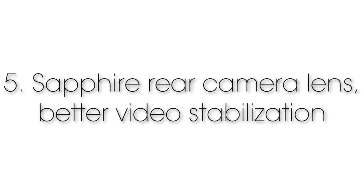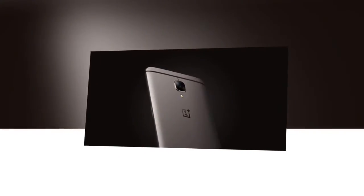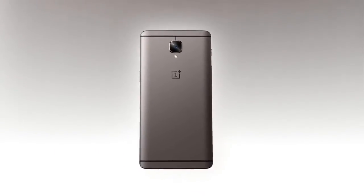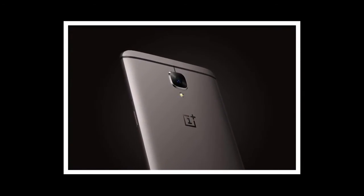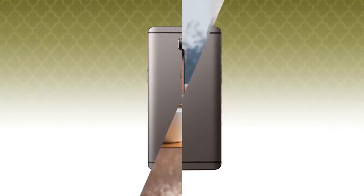Number 5, Sapphire rear camera lens and better video stabilization. It's really amazing when a company listens to customers' suggestions. We ourselves among many others suggested OnePlus improve video stabilization in its phones, and the 3T does just that. The main camera in the 3T has optical stabilization as in the 3, but it also features an improved electronic